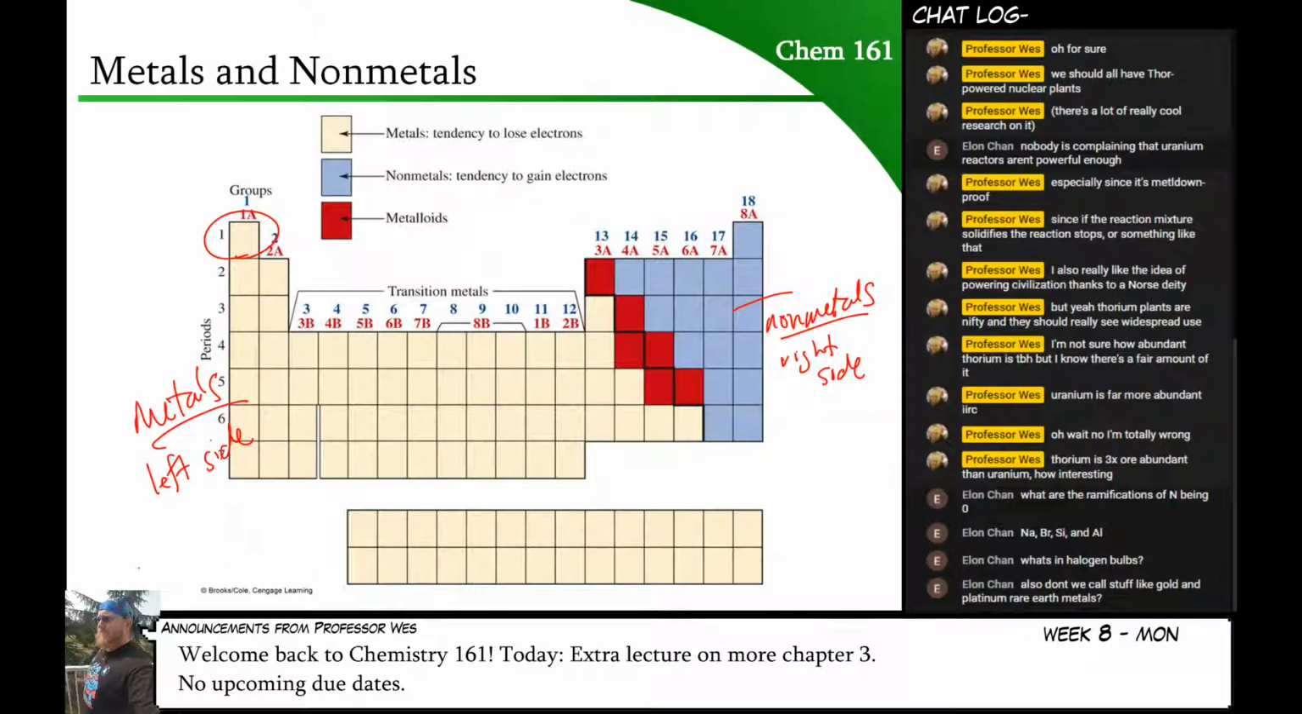So I'm going to just take a pen. We're going to draw the staircase. And so that line right there, this is the metal, non-metal staircase. And if you are on the left of this, you are a metal. If you are on the right of this, you are a non-metal. And if you touch the staircase,